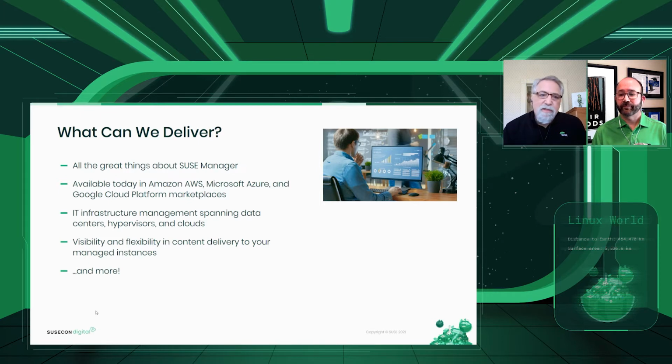So you don't have to start from installation media. It already has been built, and those are kept current on all those different platforms in their image control processes